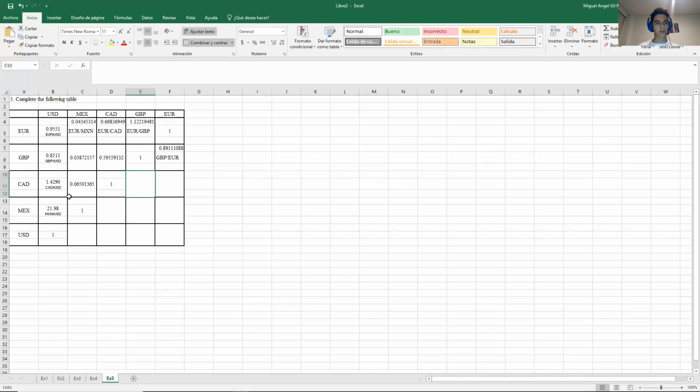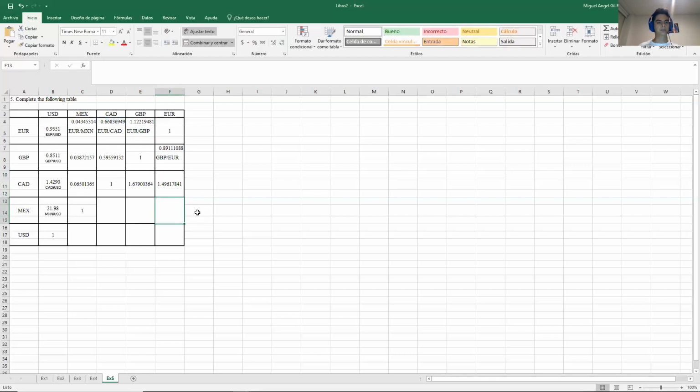So we can do the same for this one in here. Canadian over pound, it will be the same. It will be the inverse of pound over Canadian. So 1 over this. And in here, Canadian over euro, it should be the inverse of the euro over Canadian,